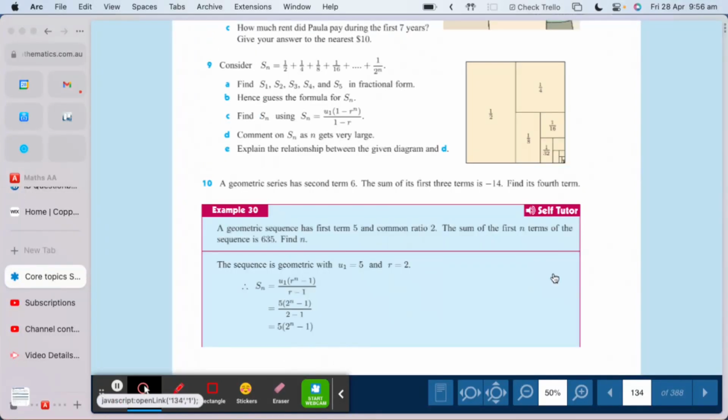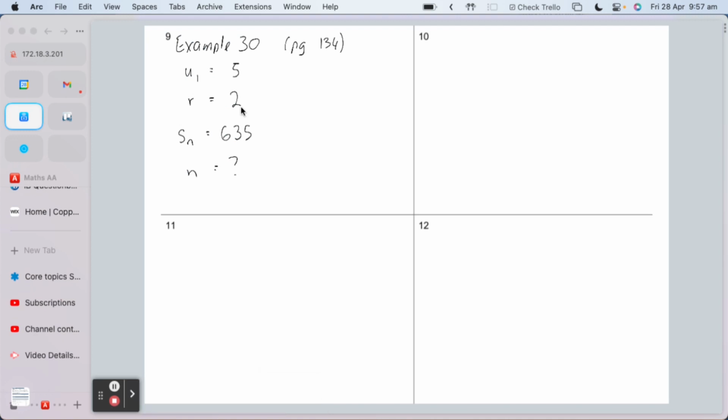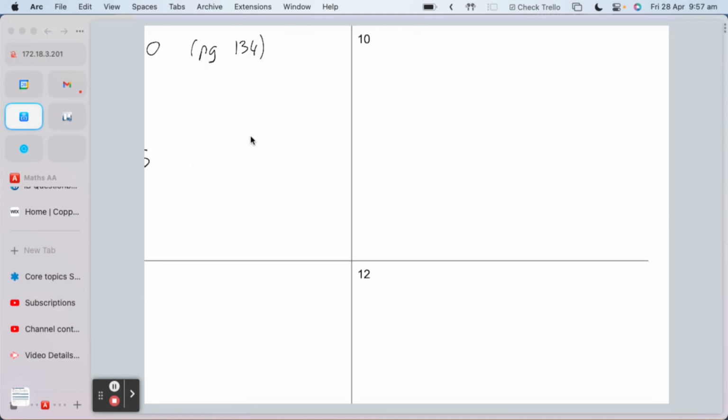So example 30 from the textbook says, a geometric sequence has first term 5 and common ratio 2, and the sum of the first n terms of the sequence is 635. And it says to find n. So what we're looking at practically is the following scenario, yeah? The first term is 5, the common ratio is 2, Sn is equal to 635, and we need to work out what n is. So we can use our formula